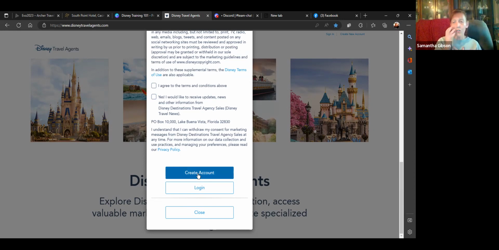So I'm not sure, but I'm pretty sure the next page it takes you to, it's going to want your agency name, which mine is Wonderful Breakaways. It's going to ask for a host agency. If it asks for your host agency, it's going to be Archer Travel. If it asks for your consortia, I believe it's going to be under Travel Leaders Network. And that's our consortia. Your IATA number is going to be the Archer IATA number, which is